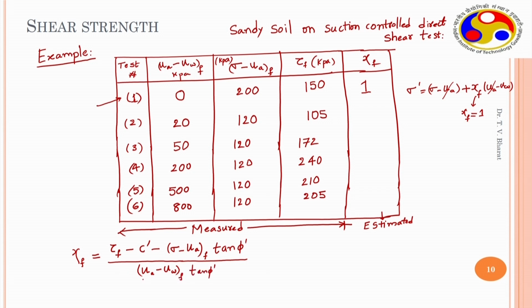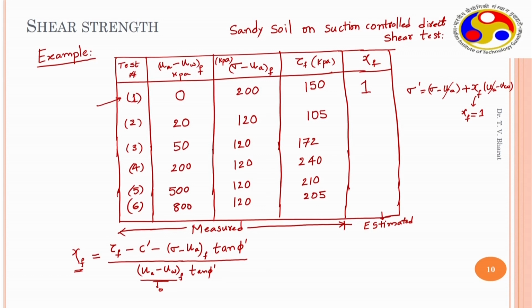So, here if you substitute u_a minus u_w equals 0, then xi_f becomes infinity, it does not have any meaning. Here we know that the effective stress principle itself is sigma minus u_w. So, if you substitute directly, anyways xi_f should be 1. We do not need to substitute here, there is no u minus u_w, that is it. So, the maximum value that xi_f can take is 1.